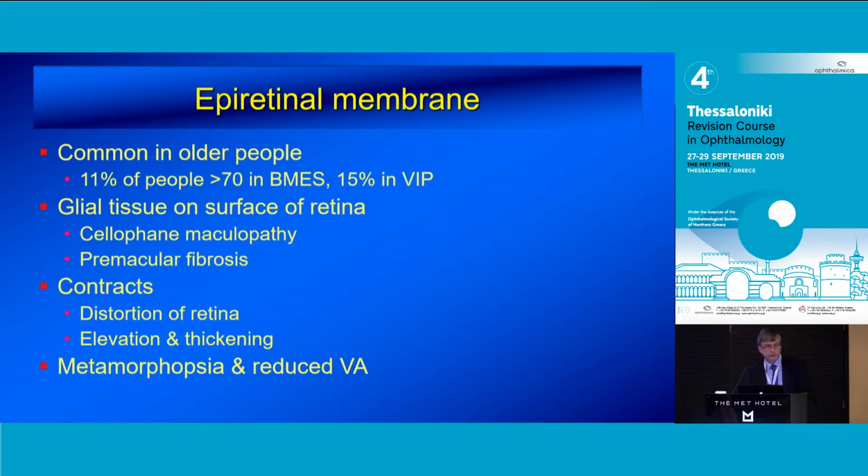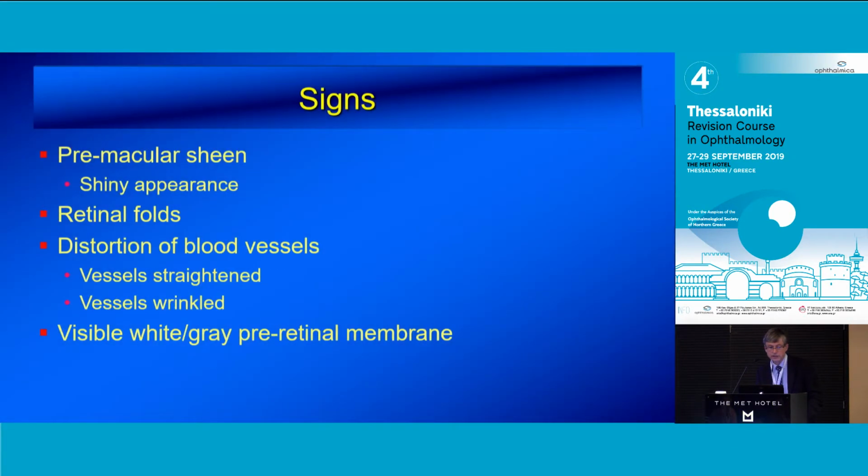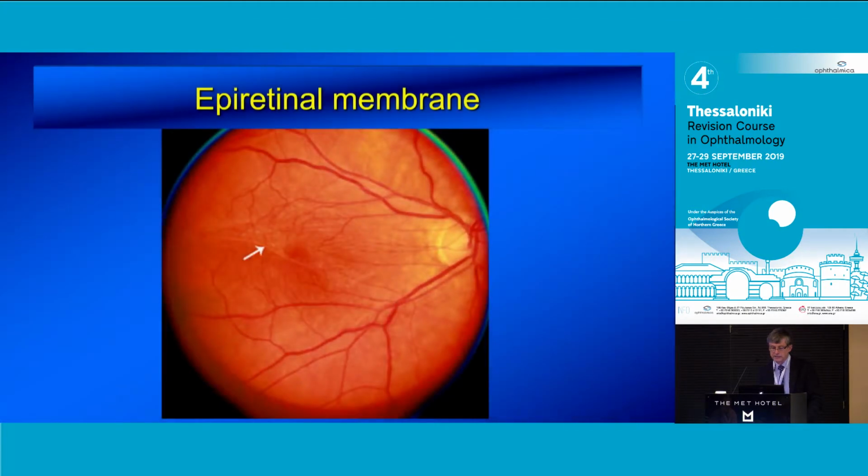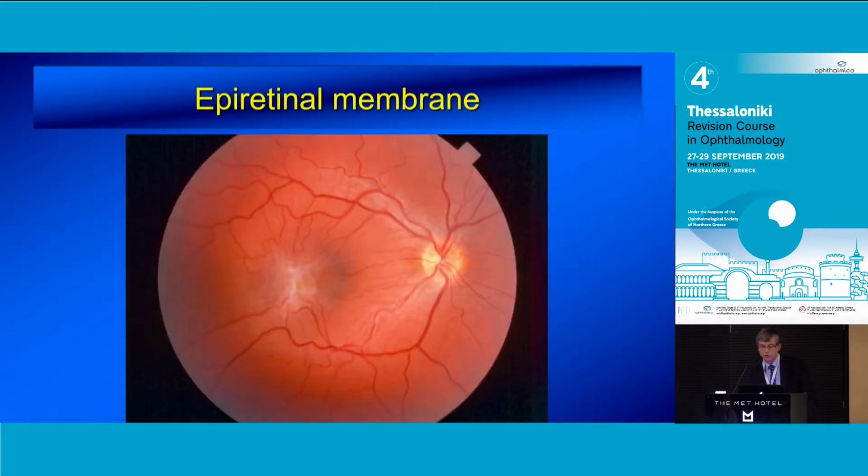It's caused by a glial tissue on the surface of the retina that contracts and causes distortion of the retina and distortion of the anatomy. And that, in turn, leads to distortion of vision with metamorphopsia and sometimes reduced visual acuity. You can see a sheen, a slight shiny appearance on the surface of the macula with some retinal folds and some distortion of the blood vessels. They may be straightened, or elsewhere they may be increasingly tortuous and wrinkled, and you may see a visible membrane. This is a fairly subtle membrane with this straightening of the blood vessels and a slightly shiny appearance on the surface. Here's a much more obvious membrane,